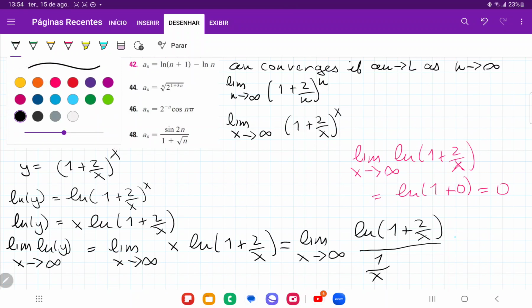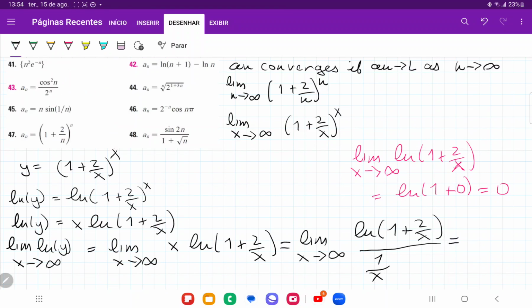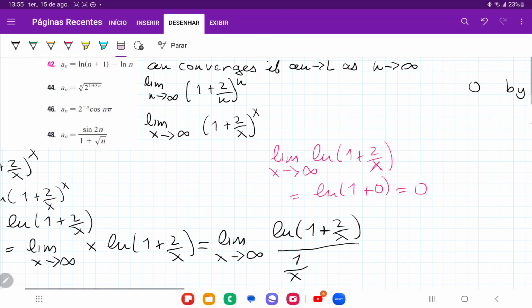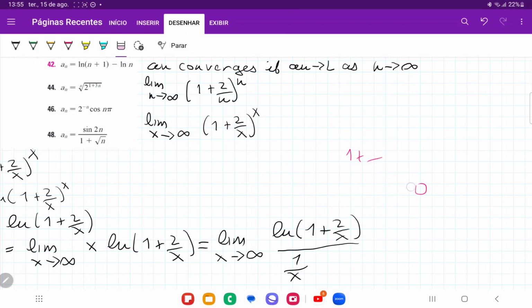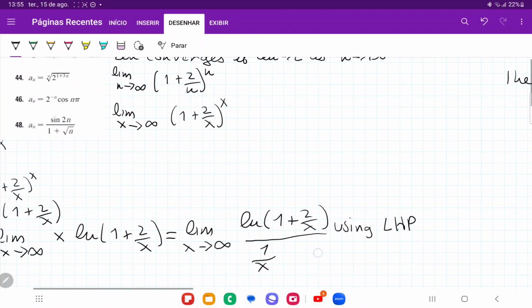But now if we take this limit, this is going to be the limit of this guy on top, as we've shown before, is going to be 0, right? ln of 1 plus that goes to 0, so ln of 1 is 0, over 1 divided by infinity, well, that's just going to be 0, and hey, this is L'Hopital form, that works. So now we can use L'Hopital, so we can move to the side and say here that using L'Hopital,